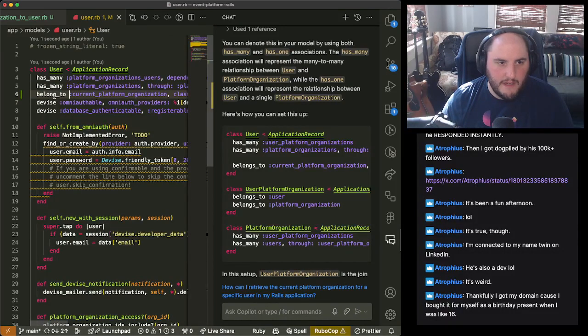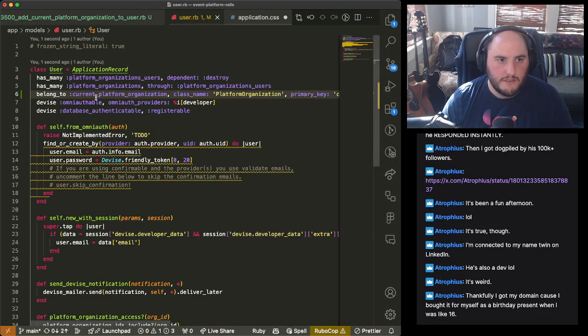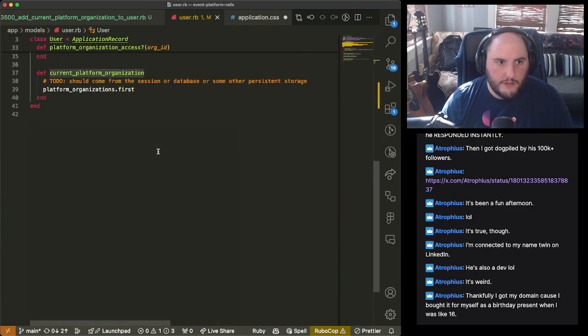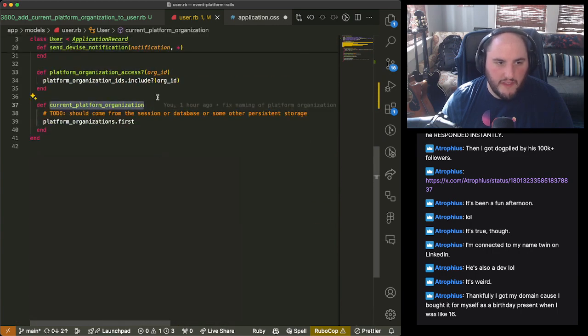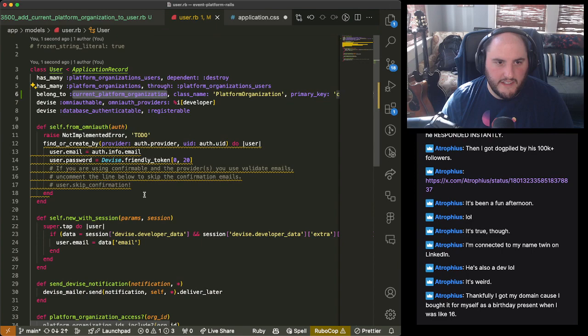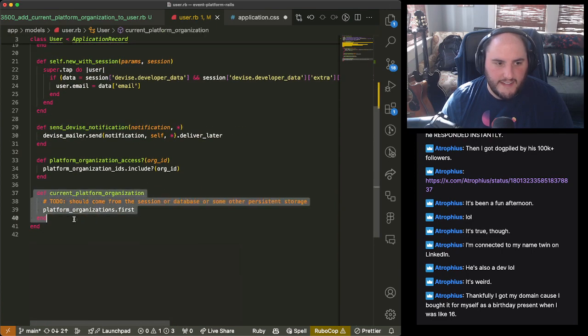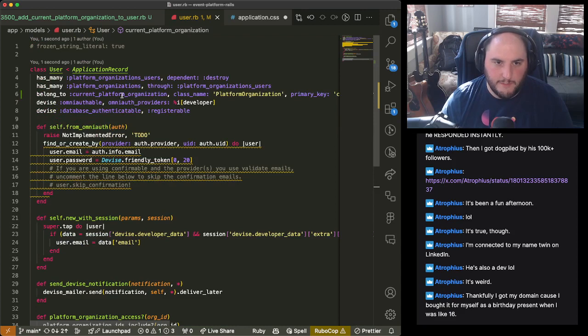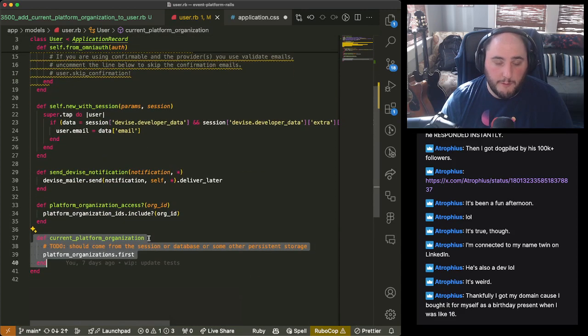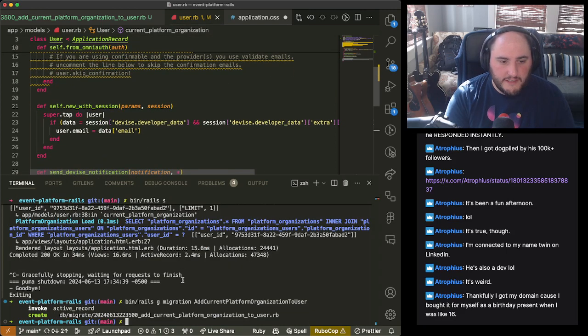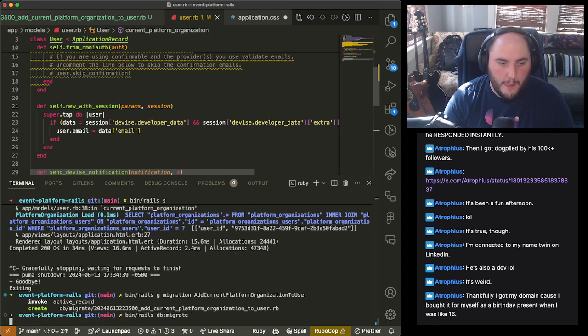Okay, that might fix our problem here, which is great. Now, remember, we had this method here that was trying to find this, and this is the same name. This method doesn't work anymore. I basically just killed this method. We'll see if it works. But let's go ahead and do our bin Rails DB migrate.